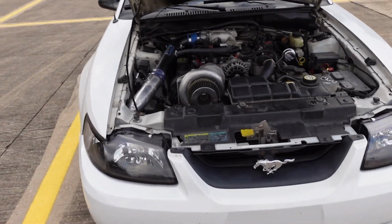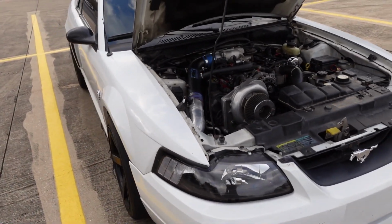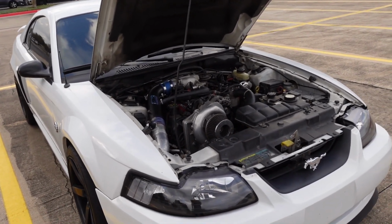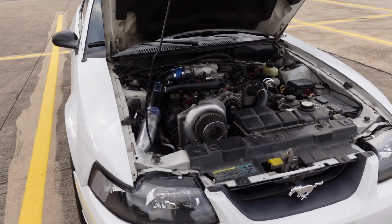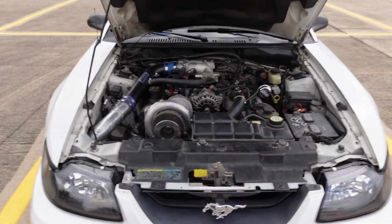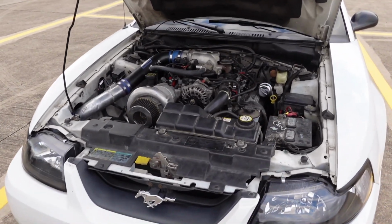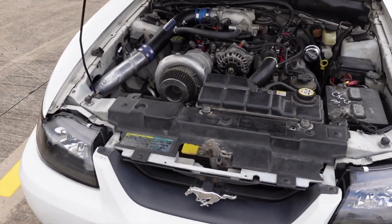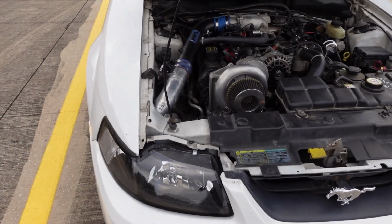I got 2 runs in yesterday. One was against a 6th-gen Camaro, and another was with an AMG GT. It actually was a 3-way race. I wasn't even planning on racing the AMG. I only wanted to see what was going to happen against the 6th-gen, because I knew I was going to lose to the AMG. I beat the 6th-gen by like 2 cars, and the AMG, I want to say I was ahead of it for up to 90 miles an hour,